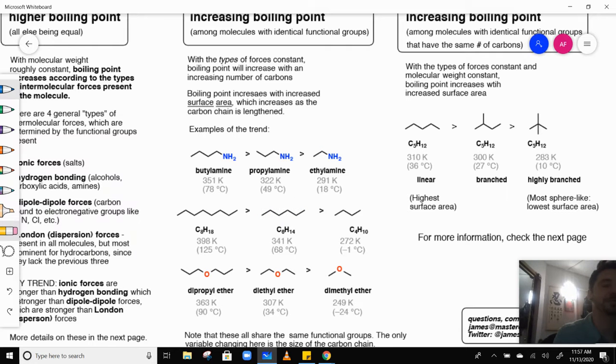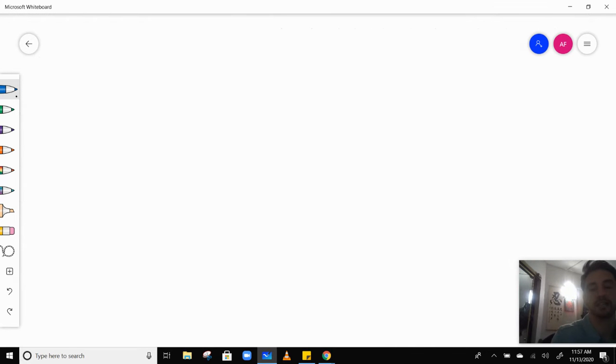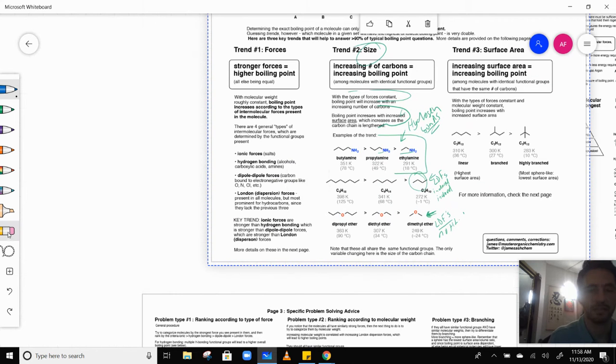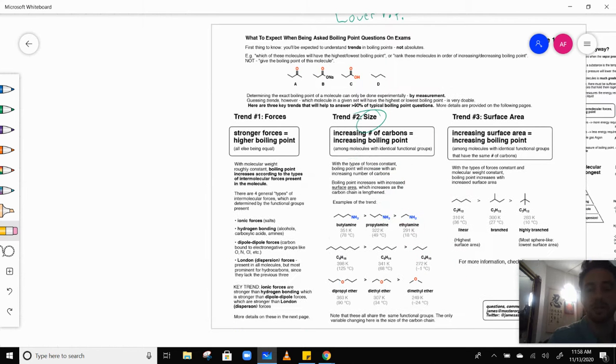Sorry about that. But yeah, the larger the molecule, the stronger the intermolecular forces. So first you look at the type of forces, then you look at the size. Then the last thing you look at,